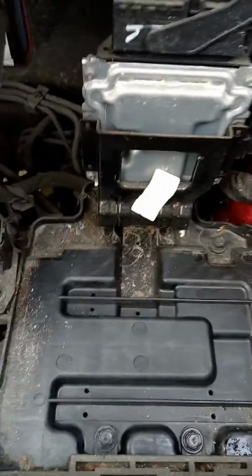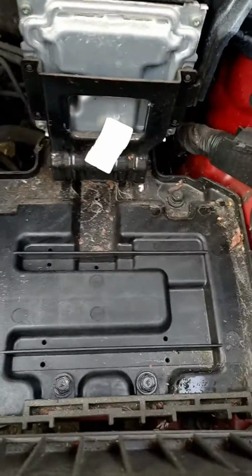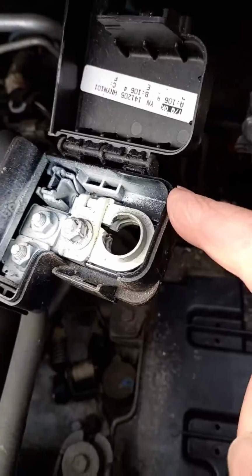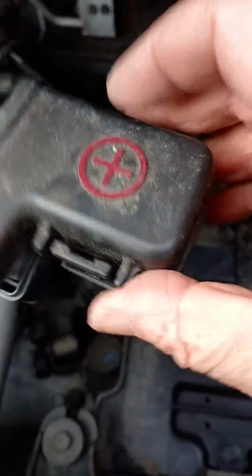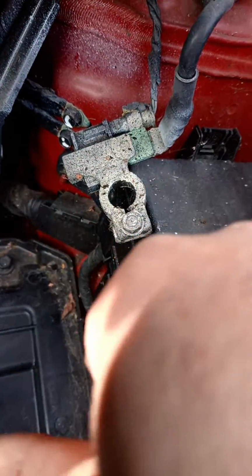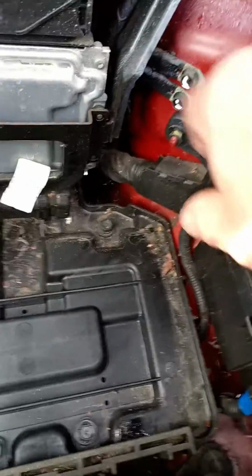I've taken the battery out so I can show you exactly where to take the bolts out. So this was the live connection. I've undone that, taken it off, and that's the earth. You always disconnect the earth lead first and reconnect last. So I've disconnected those. This unit here is actually